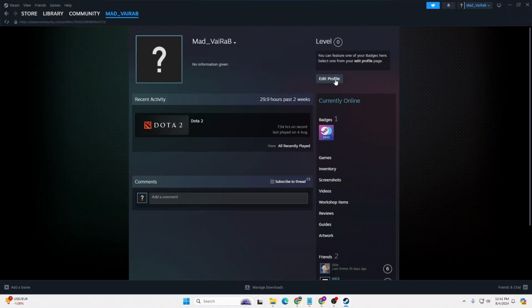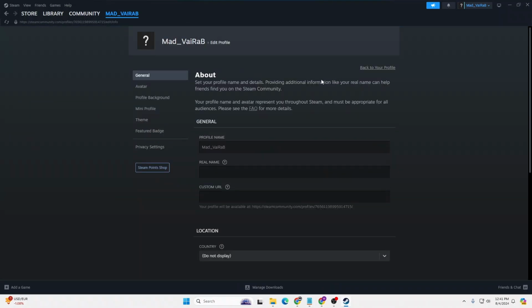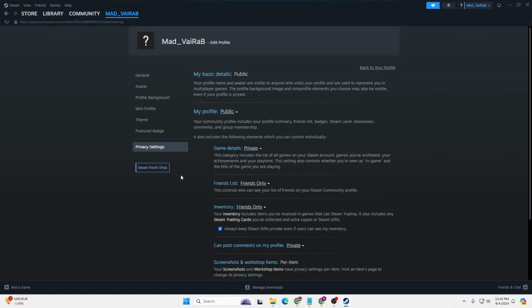available for us over here just above the current online. Over here, click on the edit profile where I'm hovering, and you land on this interface. Now you can see the privacy settings option available for us at the bottom of the list, guys, just above the Steam points up. Click on the privacy settings, and when you land on this interface, guys, you can see